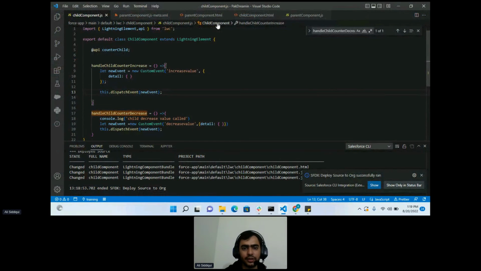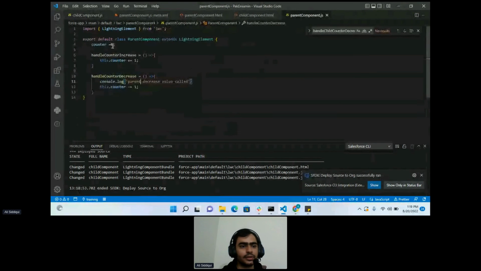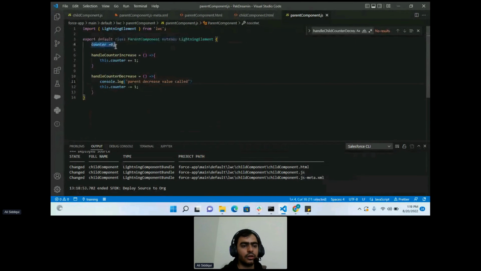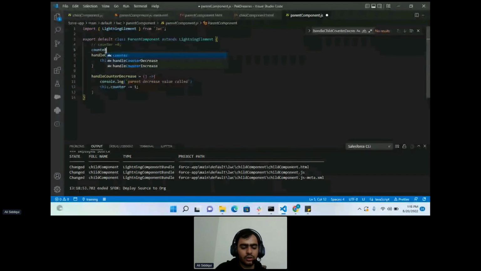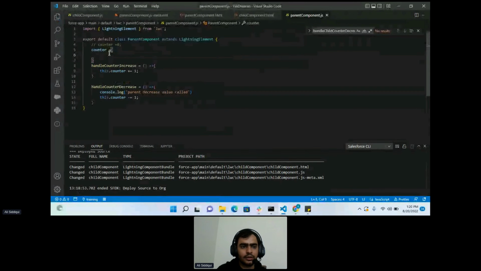However, there is one issue. This is a simple counter, right? What happens when this is not just a single variable? It's an object, or let's say an array of objects, or just an array. What happens then? Let's say I'm going to call this counter,